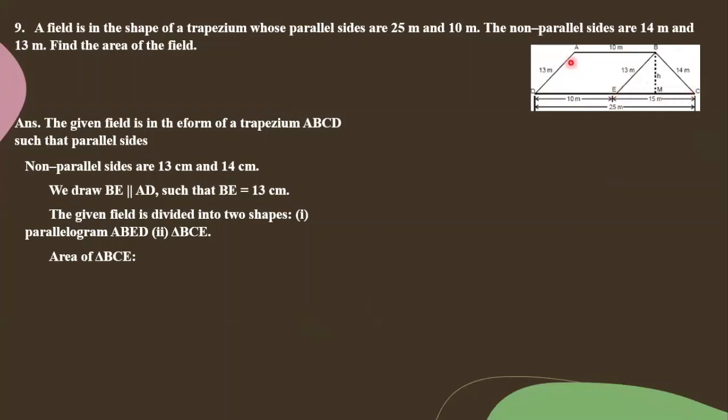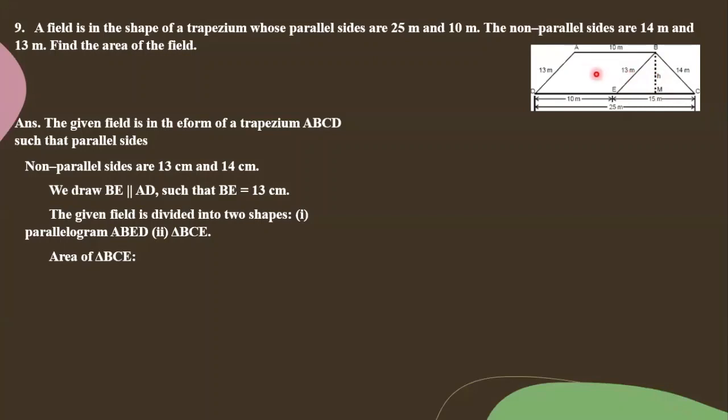So area of parallelogram is base into height, and area of triangle is equal to half into base into height. But we don't know the area. Once we get the area, I can find out the height of this triangle. So take the area of this triangle by using Heron's formula, square root of S into S minus A into S minus B into S minus C. So area of this triangle we've got 84 meters square. To find the area of the parallelogram, I need the height value. So by using this area, I'll find the height of this particular triangle also, or parallelogram.